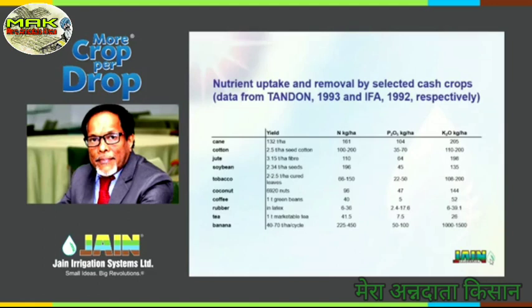We are creating 250 tons per hectare, by the way. You need 161 kilograms of nitrogen per hectare. That much has to be removed by the crop, not just applied. Please understand, this is removed by the crop. The crop has to take it. And potassium 205. This sort of data will guide us to understand the volumes of fertilizer required for a successful, high productive crop. That's all it is. But even this, we may not have for all the crops analyzed and put in the literature.